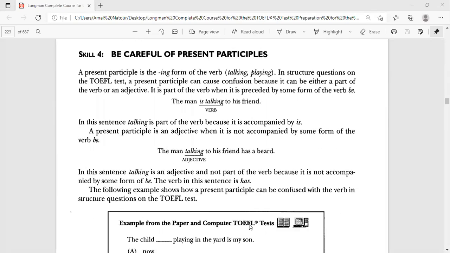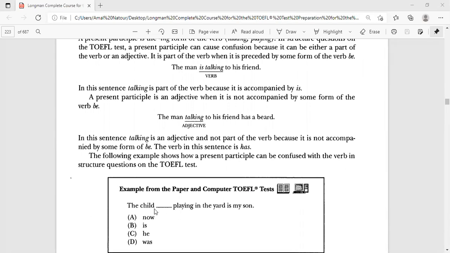Okay, let's look at this following example. The child playing in the yard is my son. In this example, if we look at only the first words of the sentence, it appears that the child is the subject, okay? And playing is part of the verb. If you think that playing is part of the verb, you might choose B, okay? Or answer D, okay? But however,